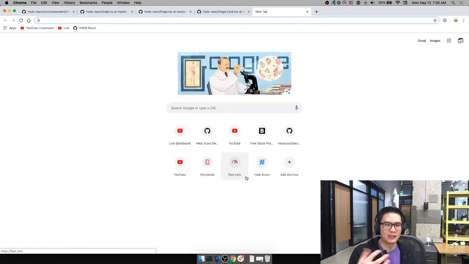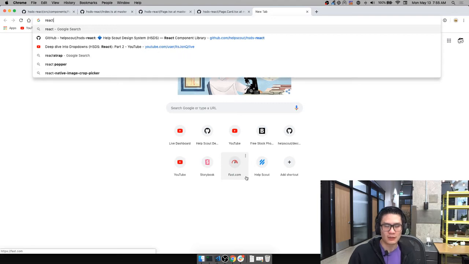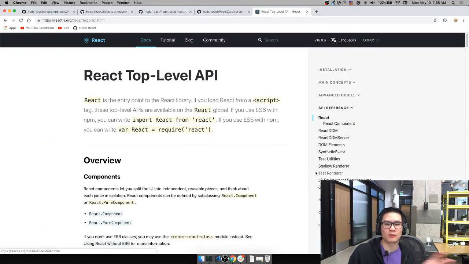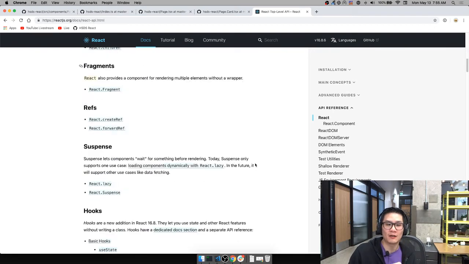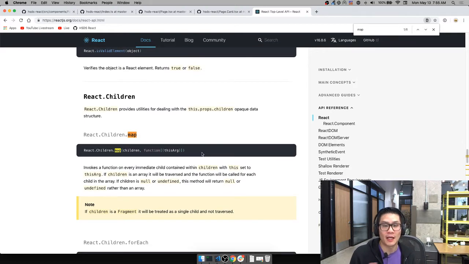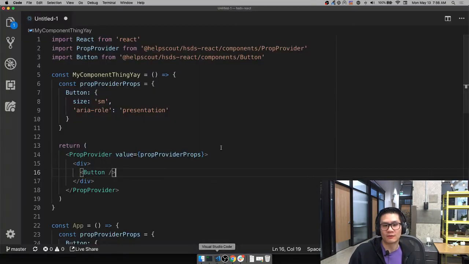React does provide an API sorta like this. They have React Children, which allows you to do things with the direct children property of a React component. For example, map. You can map through them and do things and enhance them. For the longest time, maybe not so much anymore, but in the beginning, this is the technique you would use to enhance child things, to give it extra properties or modify things or whatever it is you want. But as we've learned,